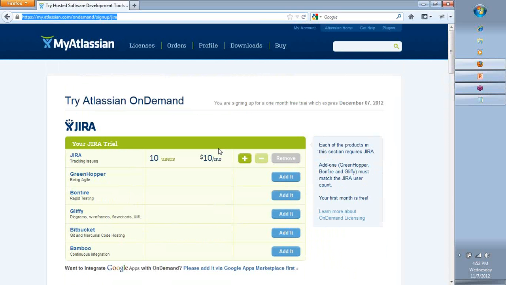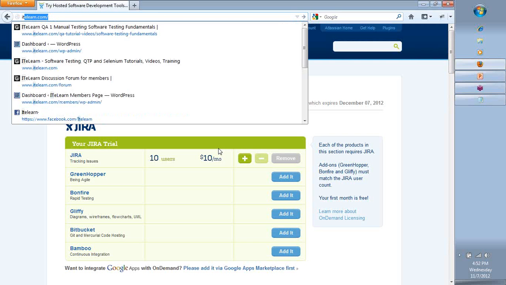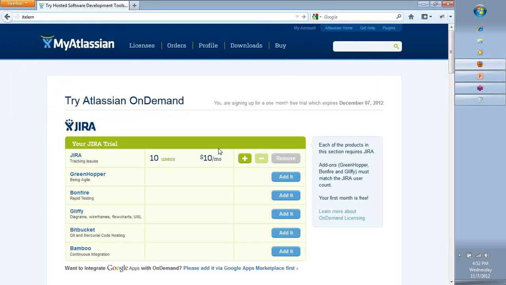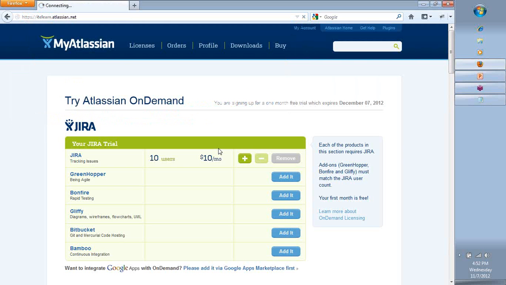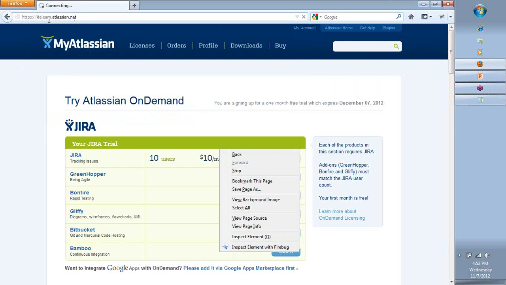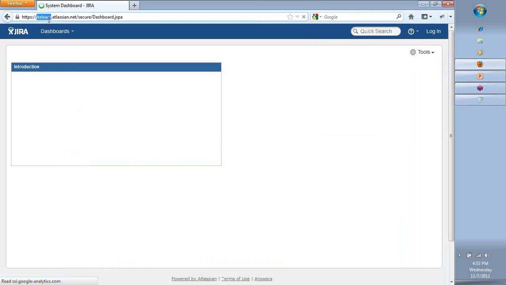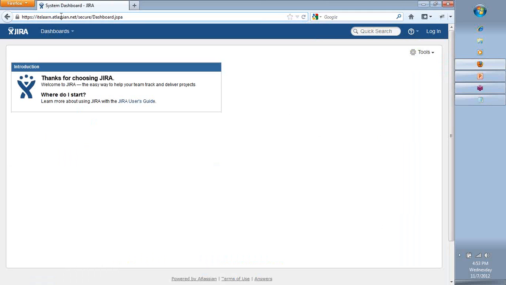Once the account is created, that is when you go in and you will be able to start playing around with the tool. Okay, atlassian.net. Now, you will have a URL that has been specifically designated for you. Okay, as soon as you go there, you have a few options, but if you see right now, there is nothing